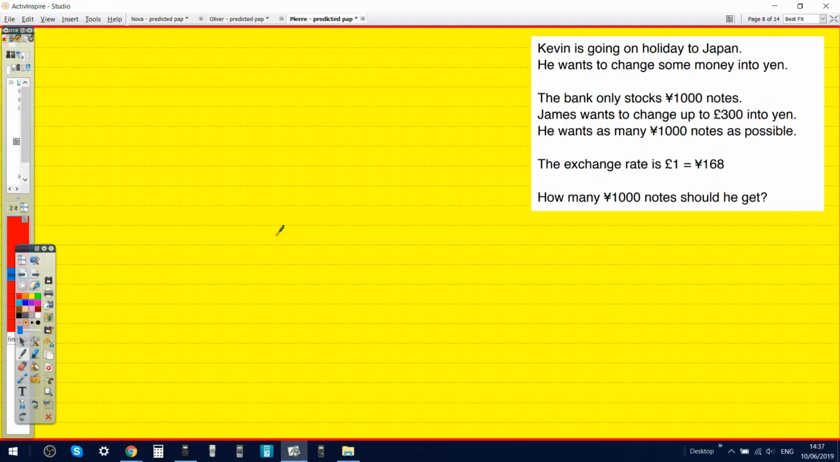Okay, let's change 1,000 yen notes. Jason wants to change £300 to yen. He wants as many 1,000 notes as possible. So it's £1. How many should we get? He's got £300, so it's 300 times